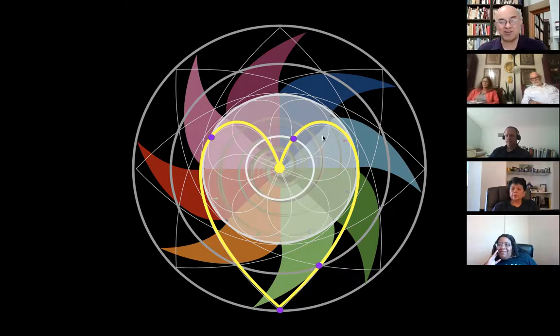So we're going to be actually doing the mapping of space here, but not outside here. We're going to map the space here of virtues. So that's what we're going to do on Wednesdays.